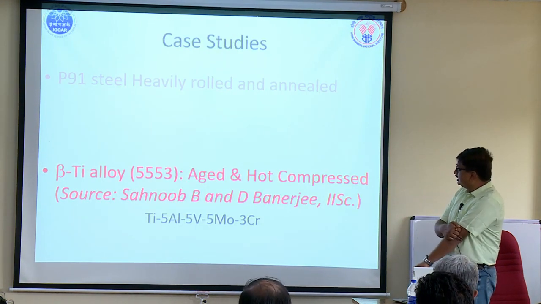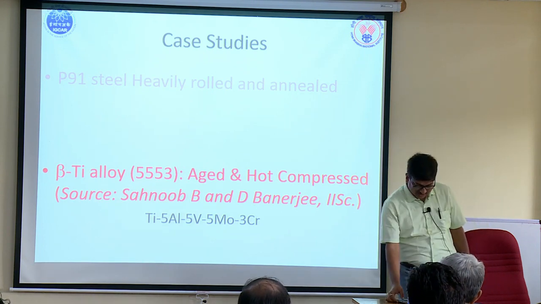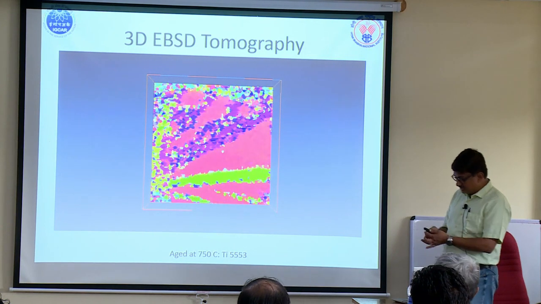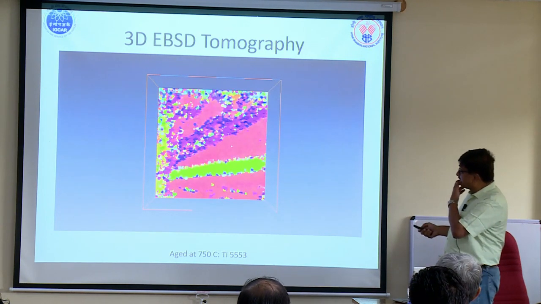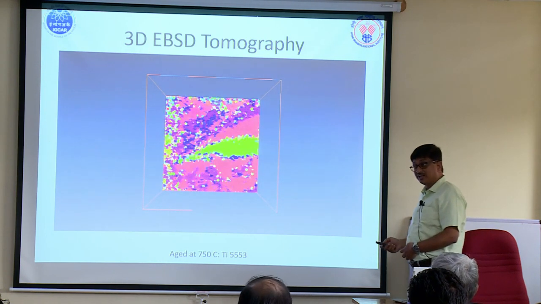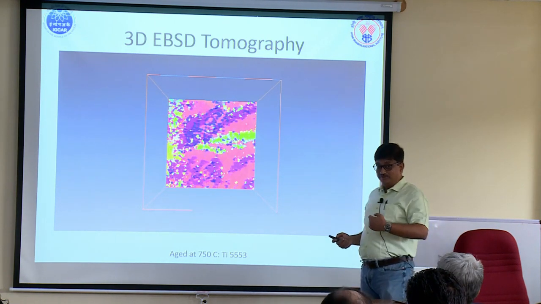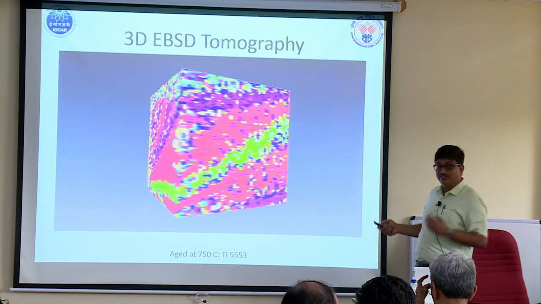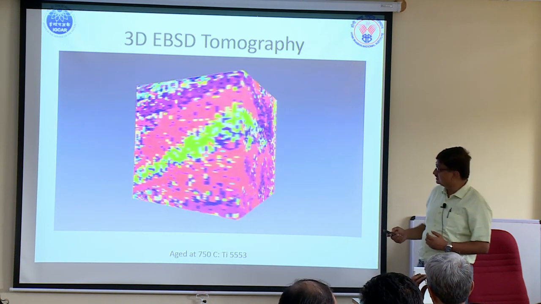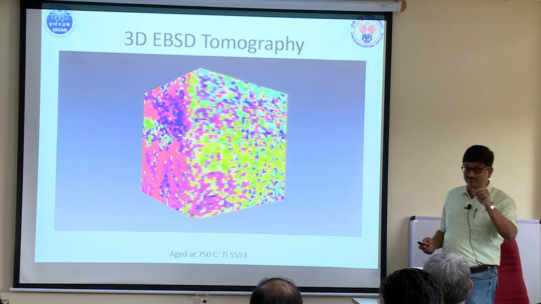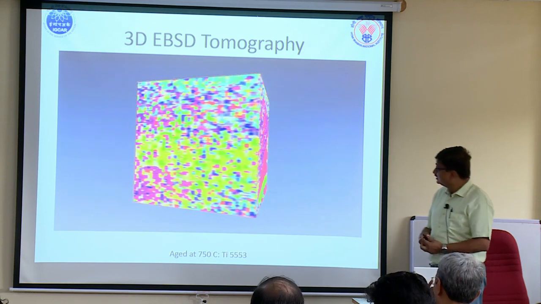A little bit into the beta titanium alloy, and the results were not as good. So this is again, as you can see, these are all beta grains. They are all variants from the high temperature beta. They continue to remain. The beta has grown out from a single nucleus and then grown like a star pattern in all directions. This is a modified aerospace alloy, not the titanium 6 aluminum 4 vanadium. This is the other one.